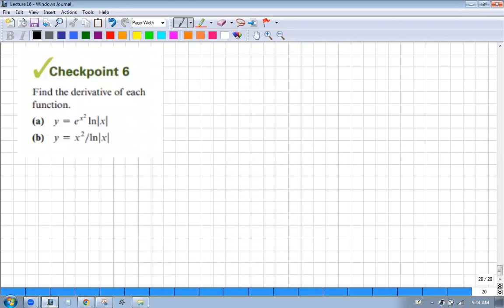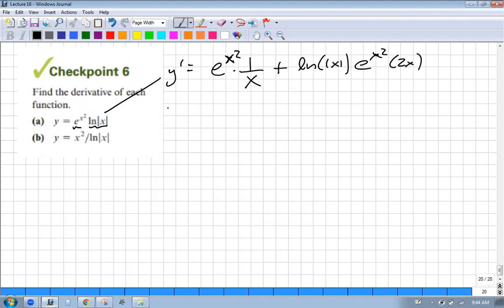All right, so this guy, we have to do the product rule. So we have the first function times the derivative of the second. The derivative of natural log is 1 over x. And then we have the second function times the derivative of first. The derivative of e to the stuff is e to the stuff times the derivative of the stuff. Here we have a